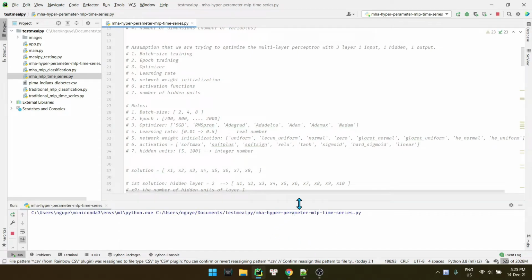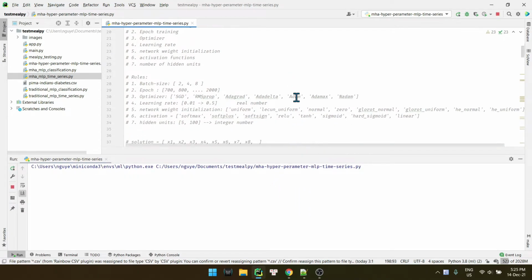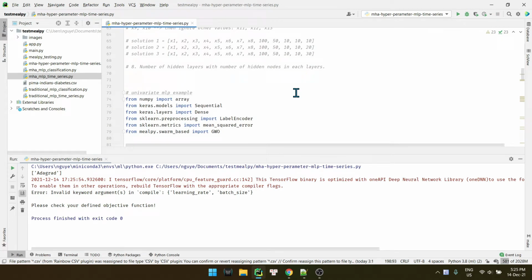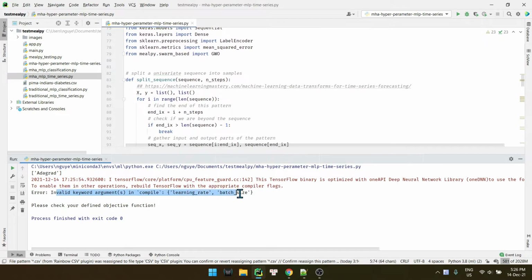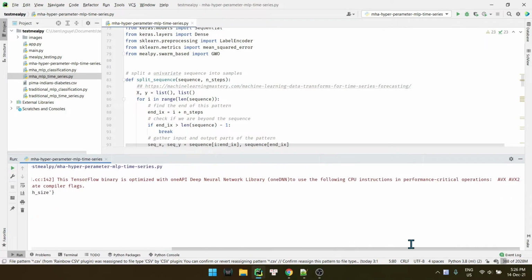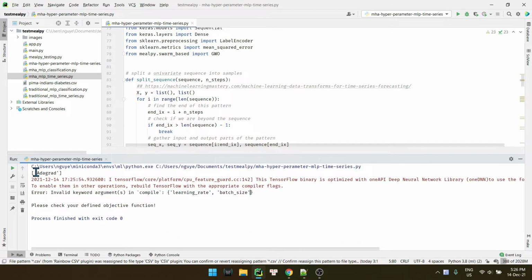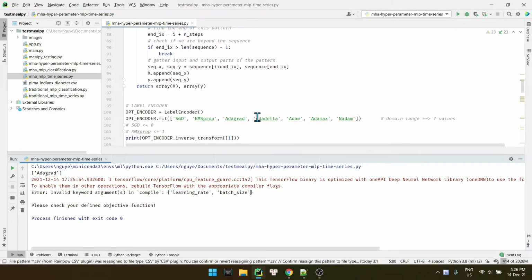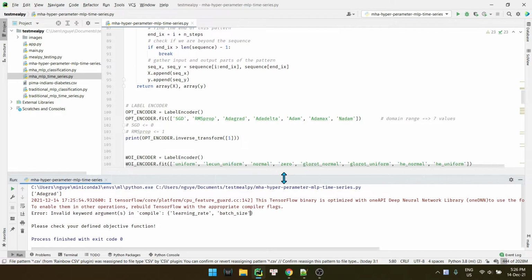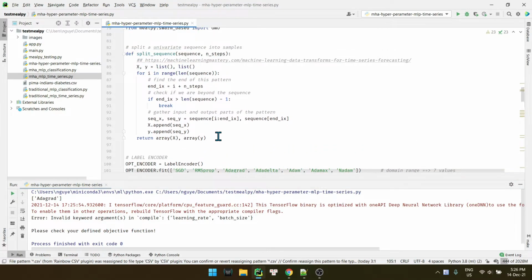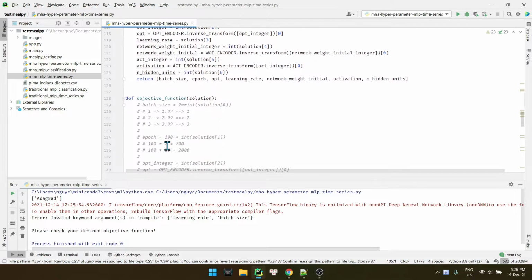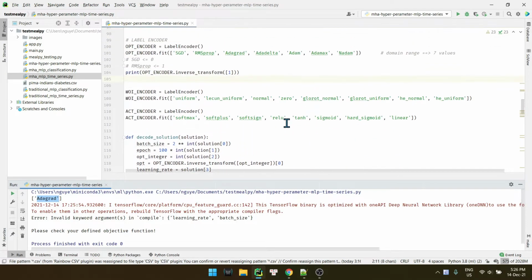Let's see. Do we have any errors? Okay, so we have the errors. Invalid key argument in compile method, learning rate and batch size. It means that for this, check your defined objective function, right? So maybe for this optimizer, I think so.